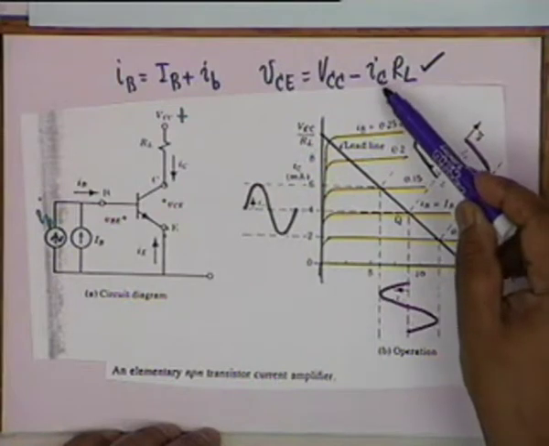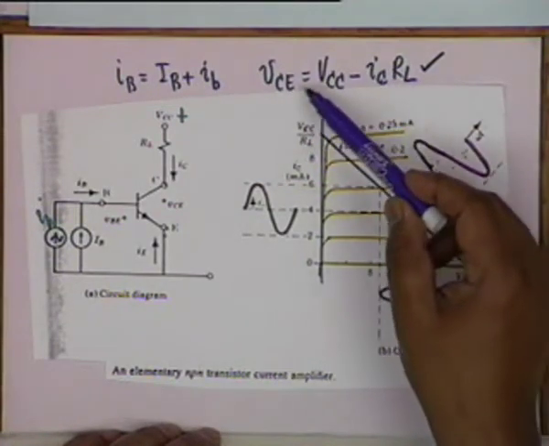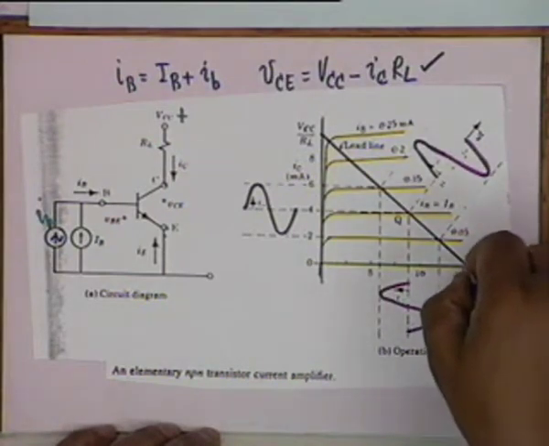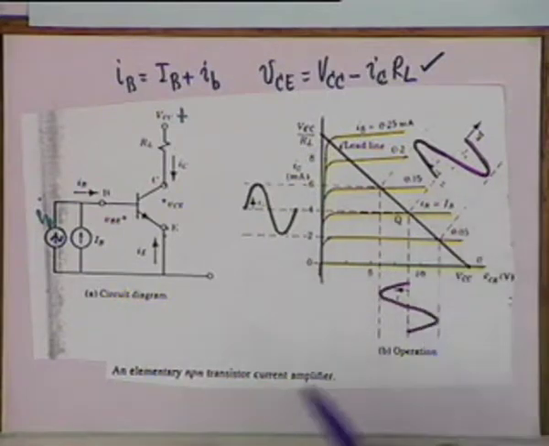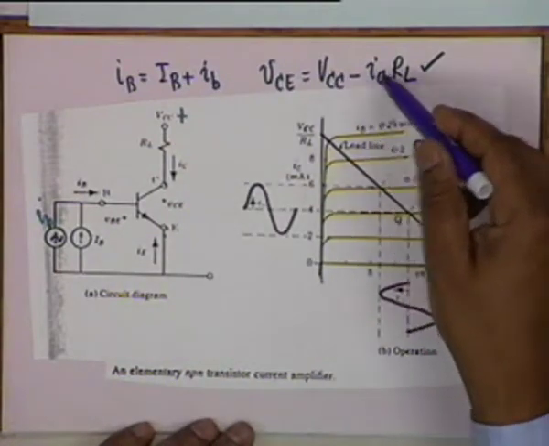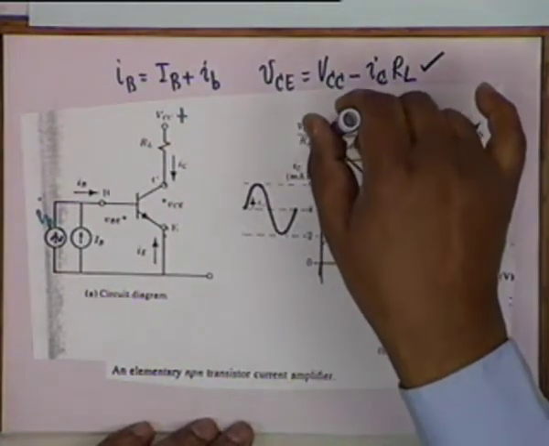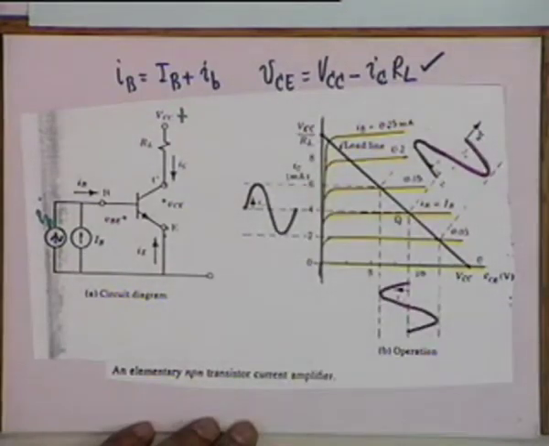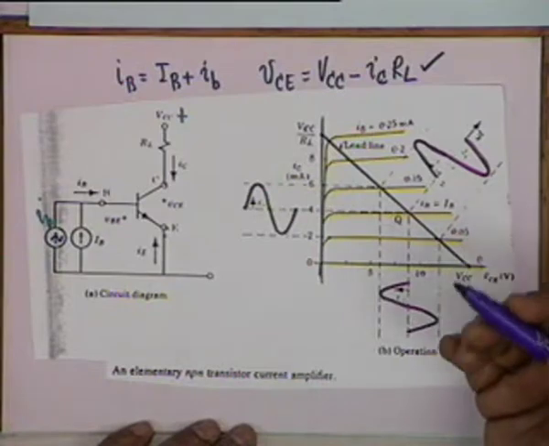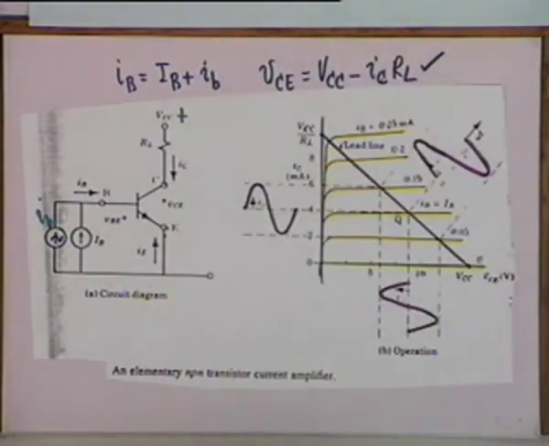You put I sub C equal to 0, then VCE is equal to VCC. That means the straight line starts from this point, where this point is VCC, and then we put VCE equal to 0. Under that condition, I sub C should be VCC by RL, so it must pass through this point, which is VCC by RL, and you know a straight line can be specified by 2 points, so you join them and that becomes your load line. It is a straight line dictated by the load, also of course the supply voltage VCC.